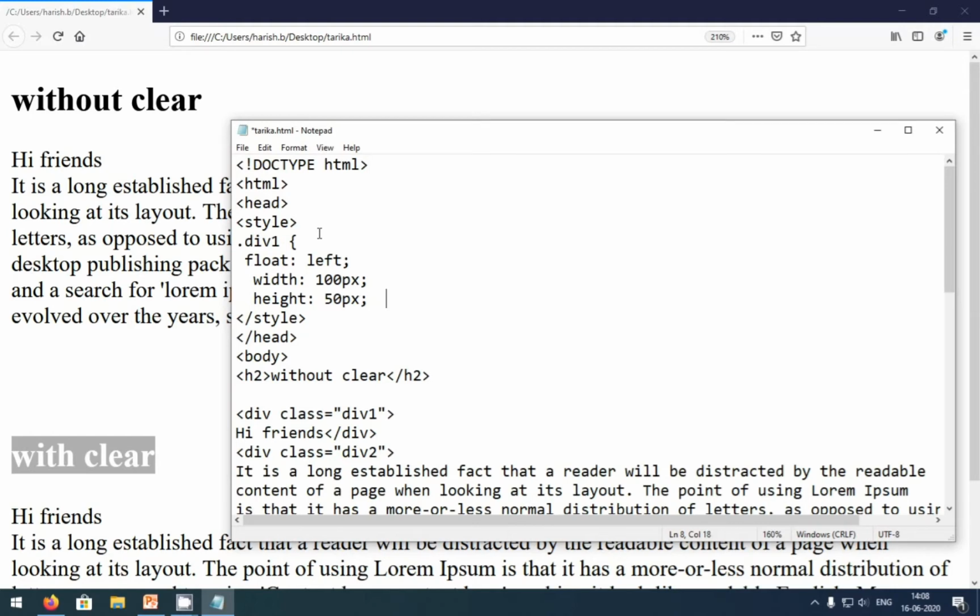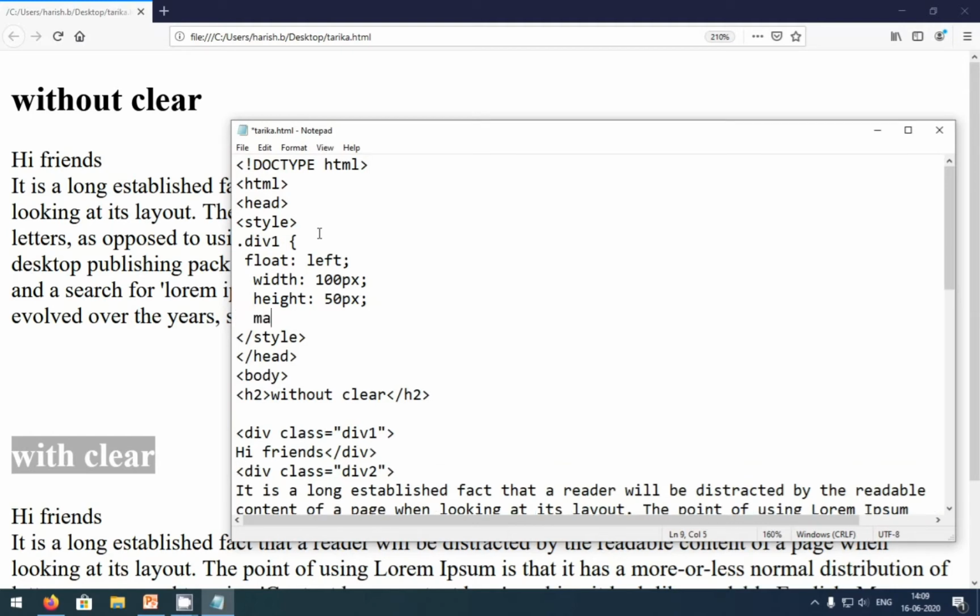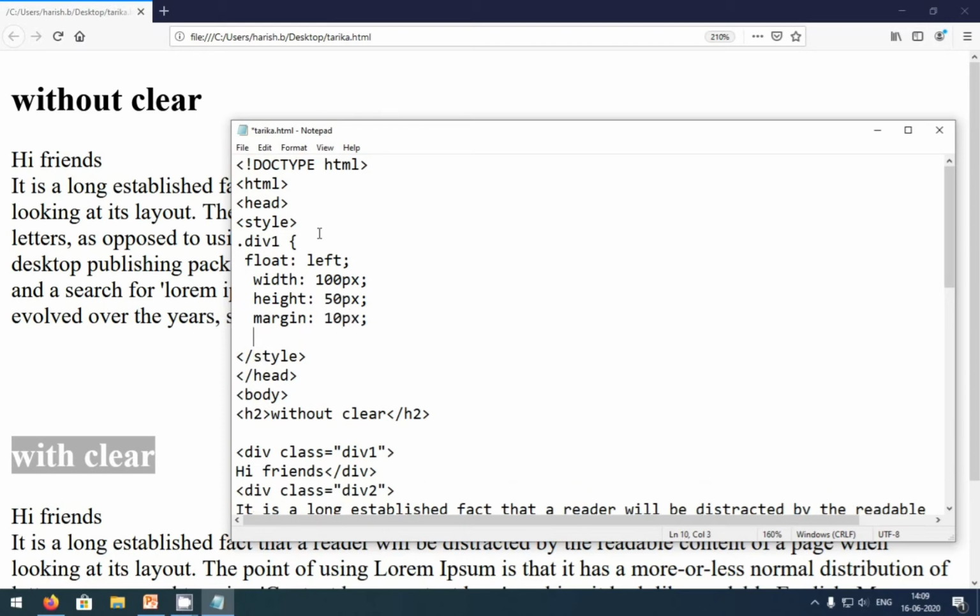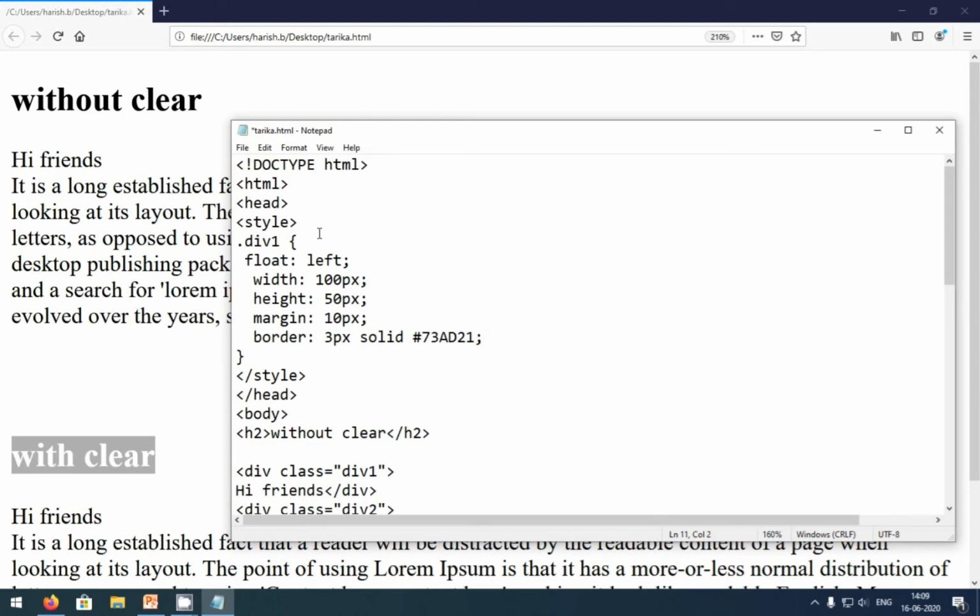After height, margin of 10 pixels. After margin, border of 3 pixels solid #73AD21. So this is the column, and closing the declaration.